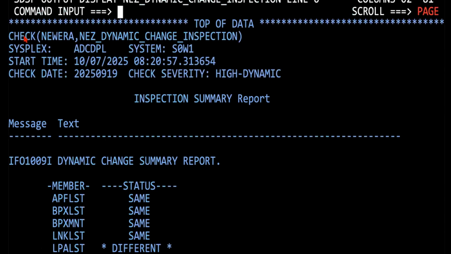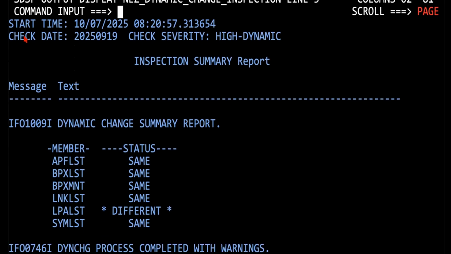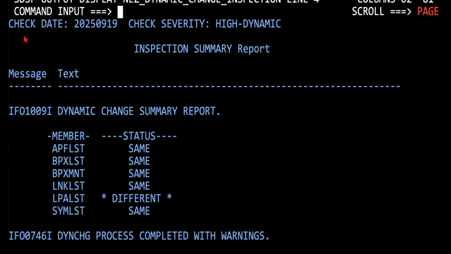And it's pretty straightforward in the sense that it's telling us, and get down here, that the areas that it looks for dynamic changes in, APF list, BPX list, BPXPRM, linked list, LPA, and system symbols, all of them are the same. That is, there's no changes from ParmLib, but there is a difference in the LPA list. And so